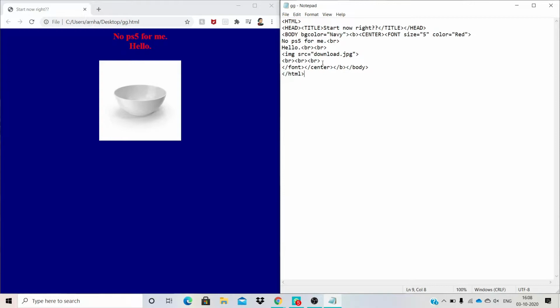To add links we use the a tag. The a tag is used, and for closing, as always, forward slash a. Then for adding the link, you write www.youtube.com. You give the words in text, like visit YouTube, and the link you add is added by the href attribute. So https, youtube.com.